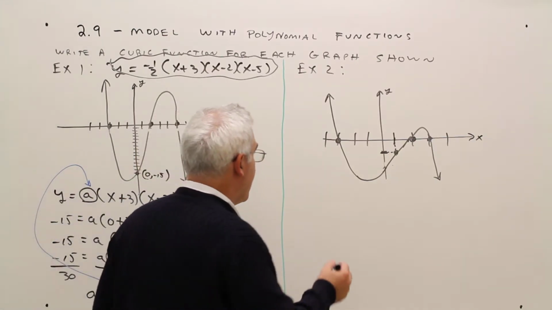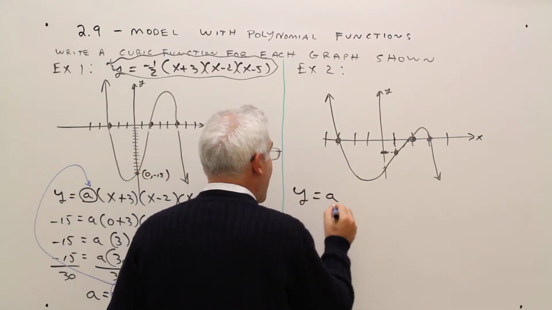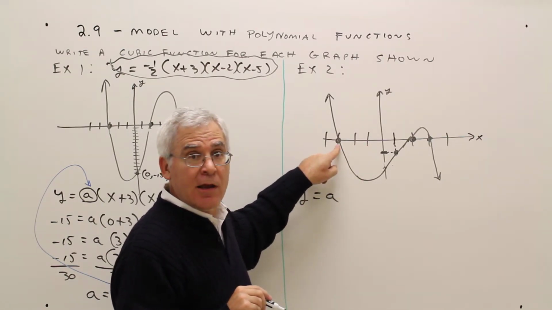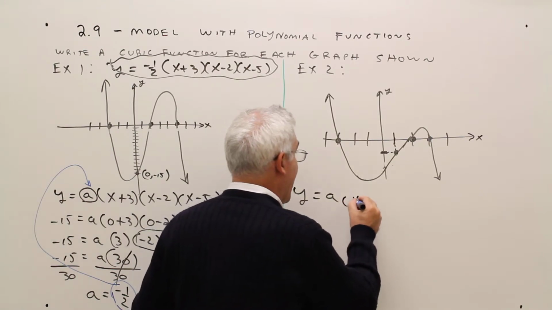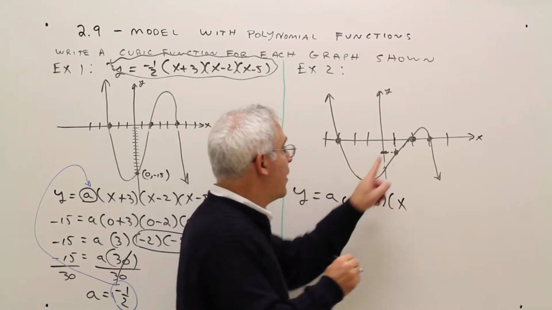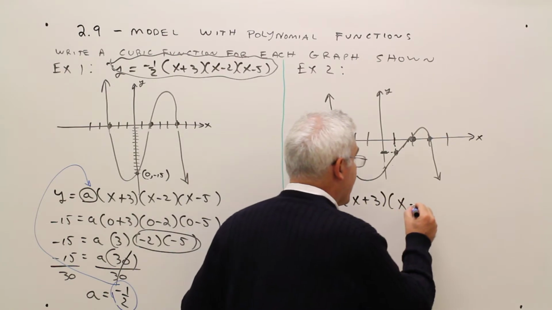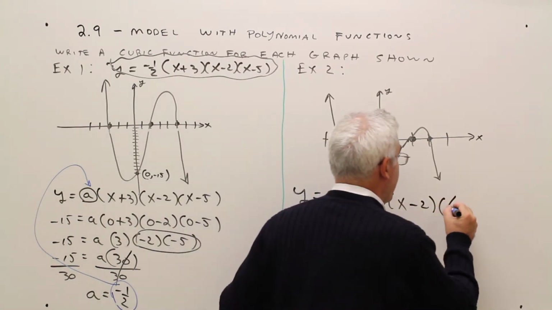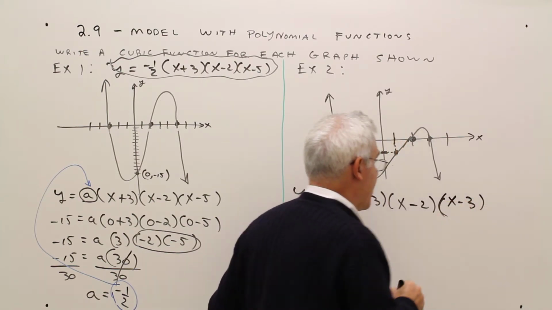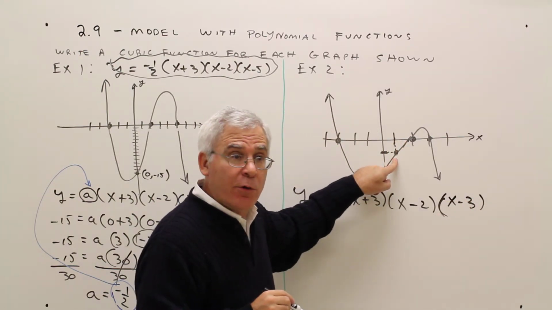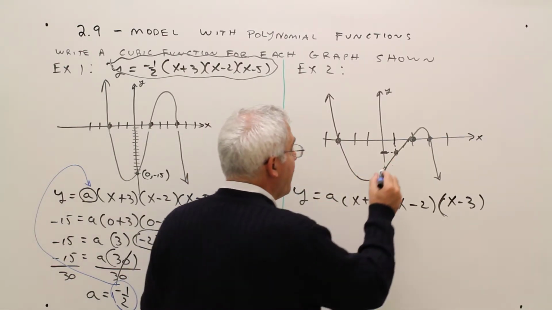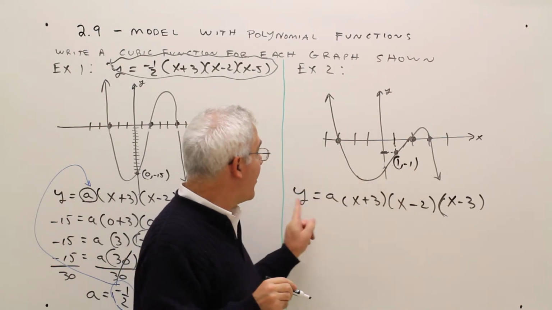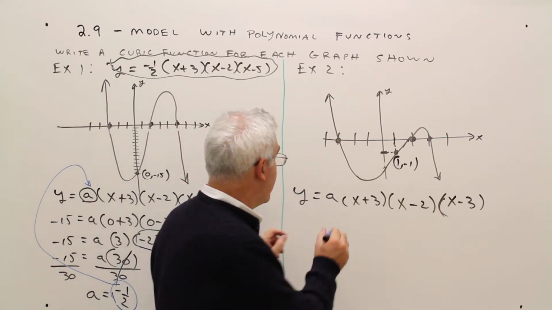Again, same thing. y equals some a value. Let's find the x-intercepts. -3, 2, and 3. So again, that'll be x plus 3. This is +2, so x minus 2. That's +3. This will be x minus 3. I have this additional point over here. It's (1, -1). So once again, I'll put in that y value and that x value, and I'm trying